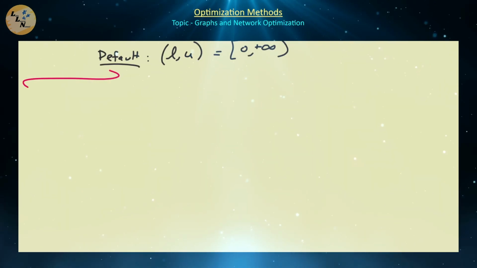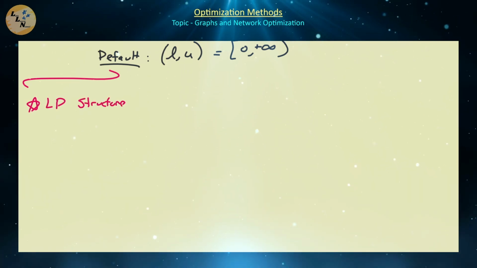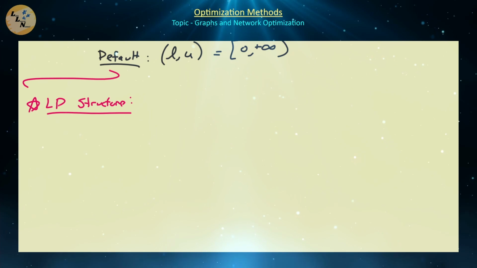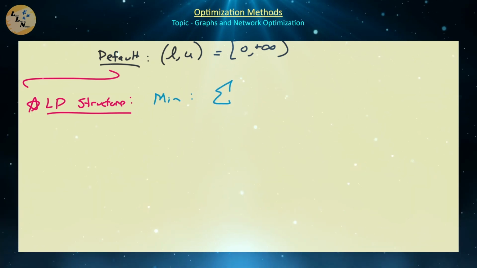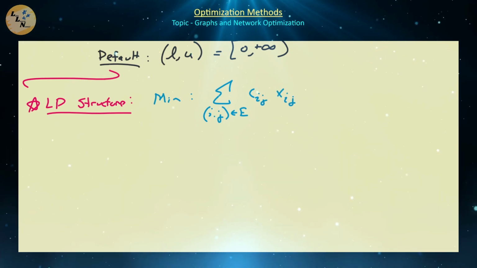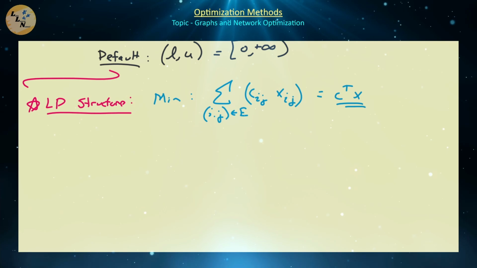So now let us formulate the linear program structure that we seek to optimize. So of course our objective function is to minimize this functional, the sum along the set of edges of Cij xij, so the cost times the amount along that route. So again, that's going to be c^T x in vector form. And then subject to,